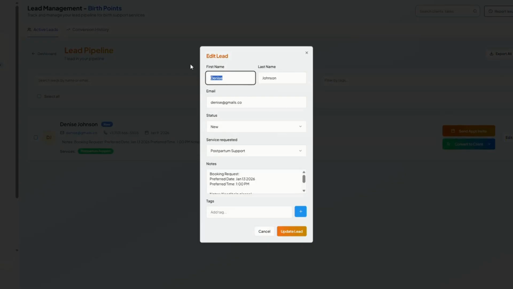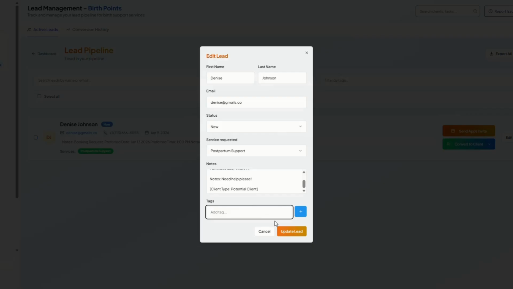So when we click edit lead, we can just verify everything. This is a new postpartum report support was requested. As you can see, there's that green pill, and then the booking request information is going to be listed here as well, and then the client type potential. So you can tag this. Maybe this was somebody you knew was going to request a booking with you. Maybe someone reached out and said, "Hey, I gave so and so your number or your website. She may be contacting you." You can tag this met at a fair, met at an event. Whatever the tags are, you can just add a tag